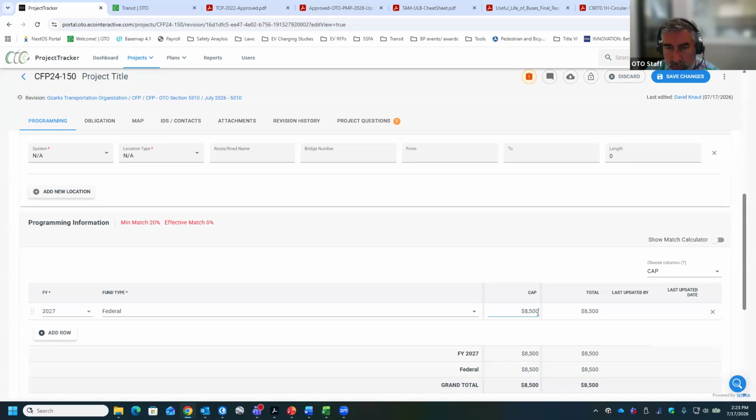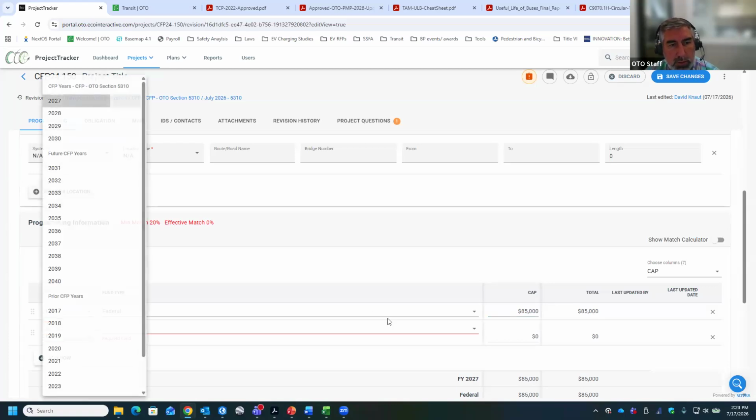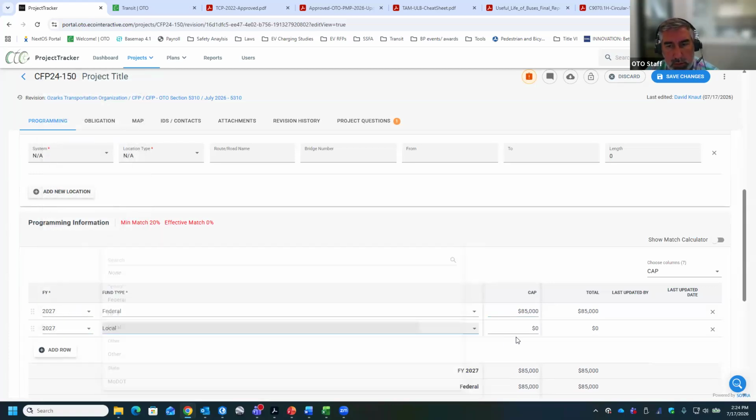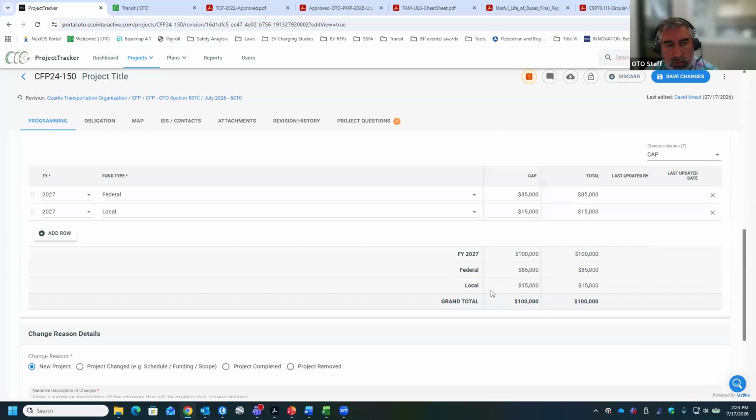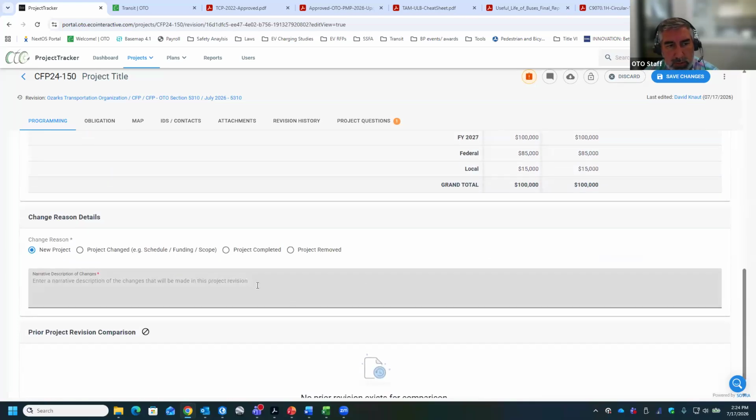So you would put 85,000, which is 85% of 100,000, on the federal, and then you would add a second row, 27, add the local to it, and then match it to make it the 100,000. It will show you red here, just because that's how it's set up in the system. Before it was 80/20, so it does not change it. So you can ignore that it says you don't match it, since the 85/15 is fine if you have an 88 vehicle. You should not need to fill this out.